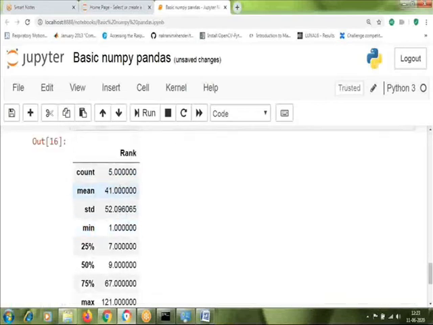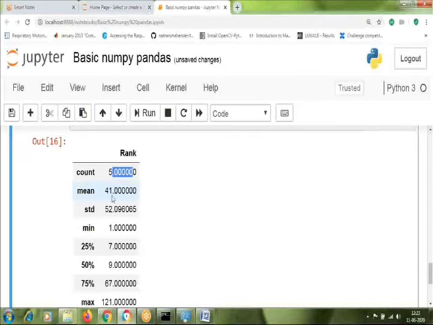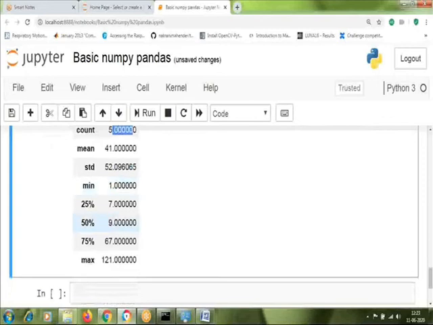For example, count is 5, so there are 5 entries in this column, with a mean value of 41, standard deviation of 52.09, and minimum value of 1, the rank 1 given to India. Then there are 25%, 50%, and 75% values, after that the maximum value.